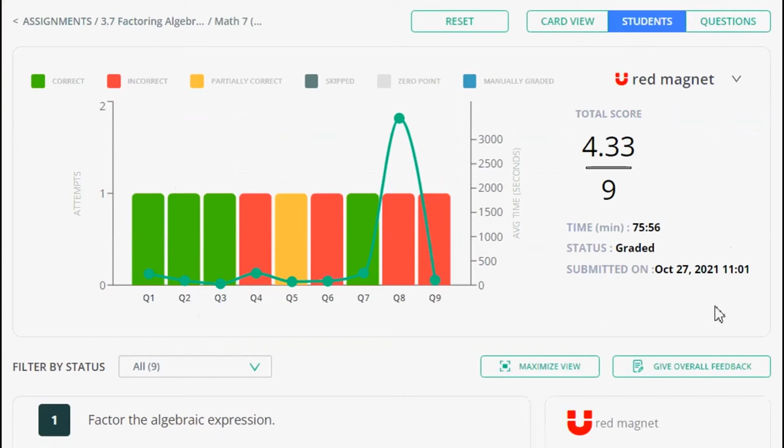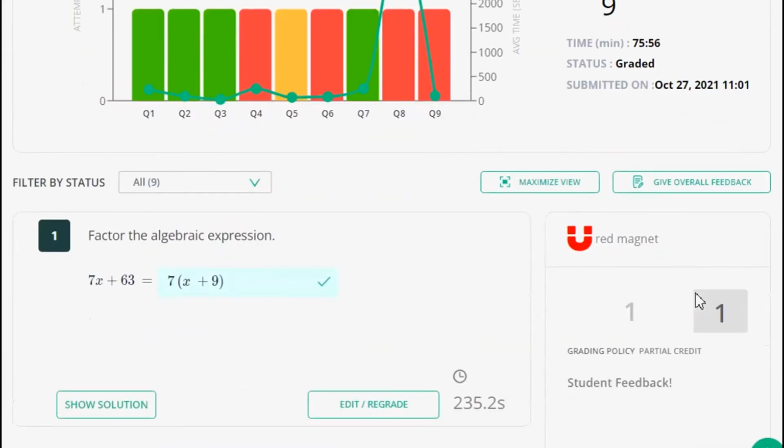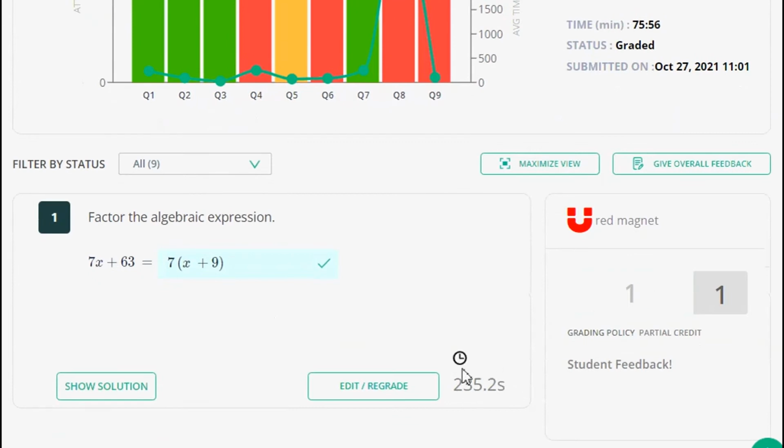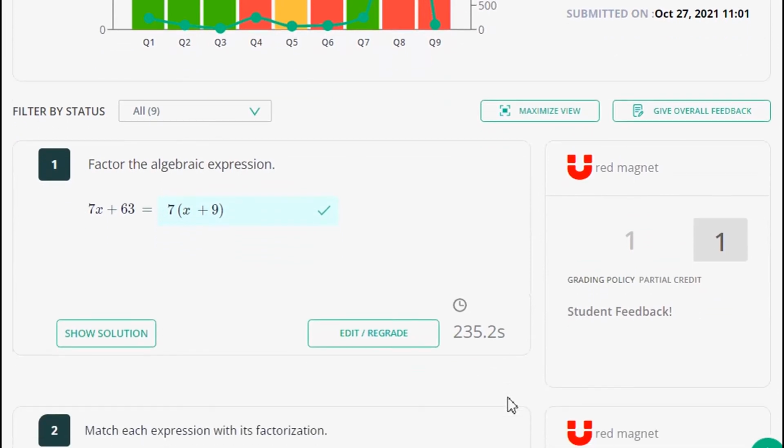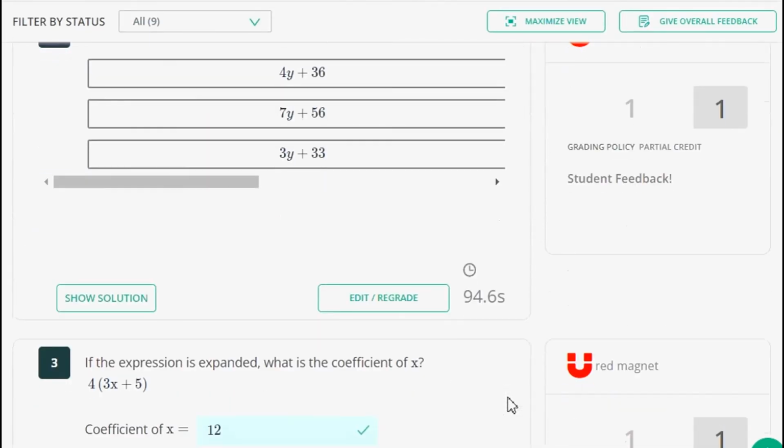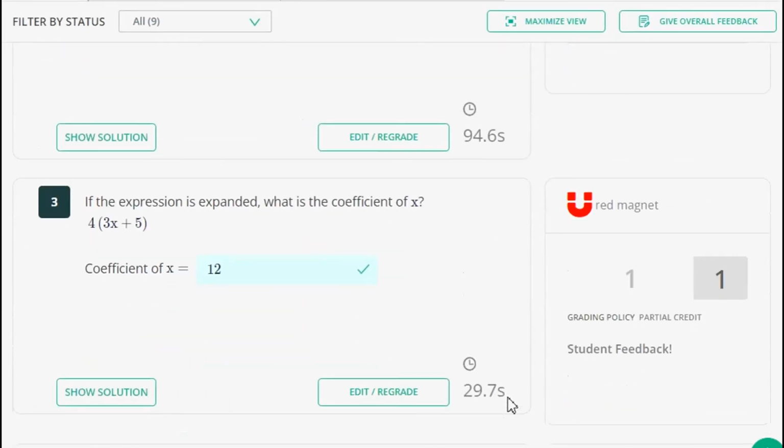I also like Edulastic for the timestamps and the time amount spent on the assignment. I really like these so students cannot argue with me, and I can see how long it is taking them to be on an assignment. I also like looking at how long it's taking students to answer each question so that I know if one is super difficult or if it is a multiple choice, if they are just guessing,